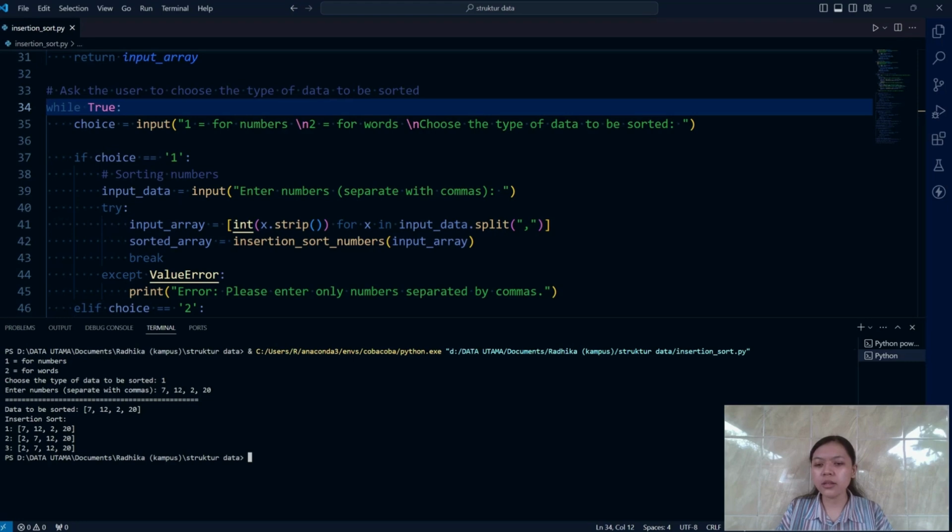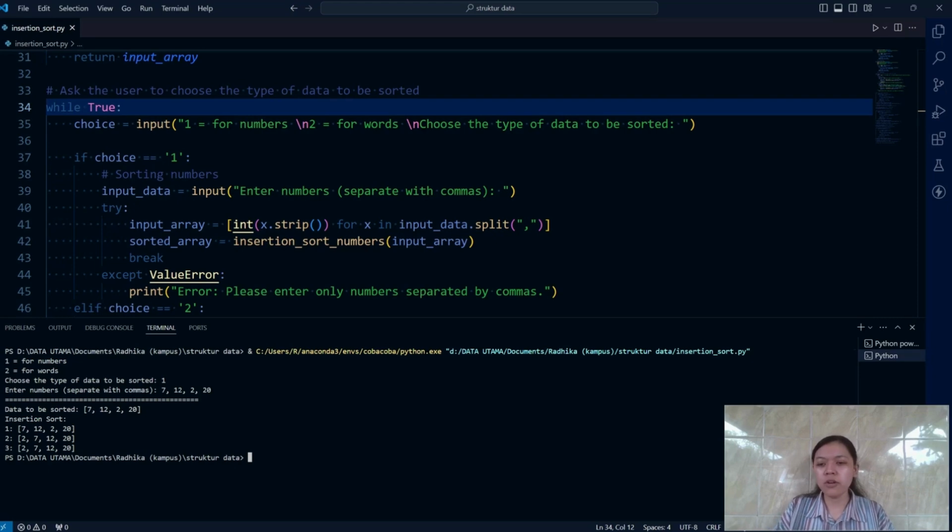In the third iteration, the 20 is already in the correct position because 20 is the largest number. The final sorted array is 2, 7, 12, and 20.